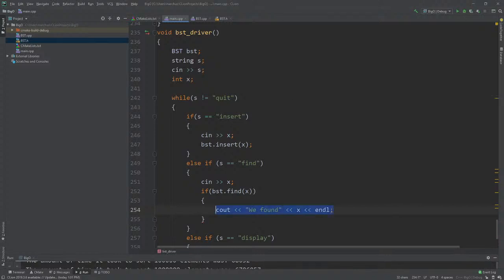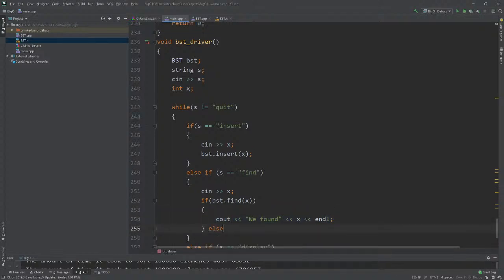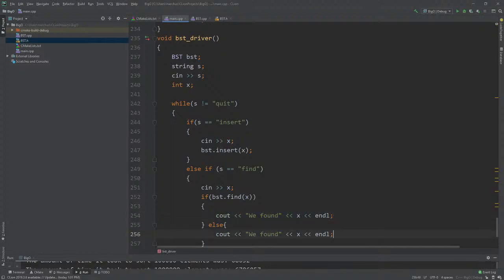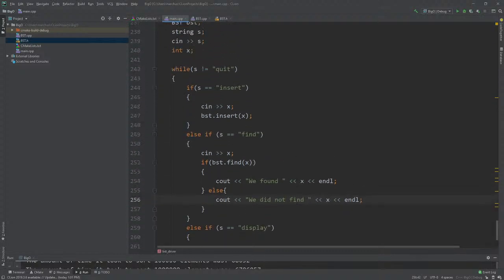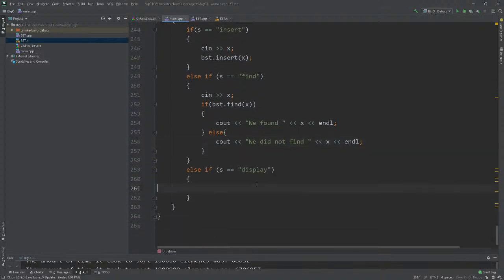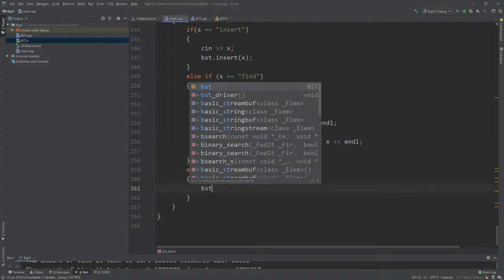Else we did not find x. Okay, I think all of this is getting there, right? We're pretty close to having driver code that runs. And then here we'll just do bst.display,